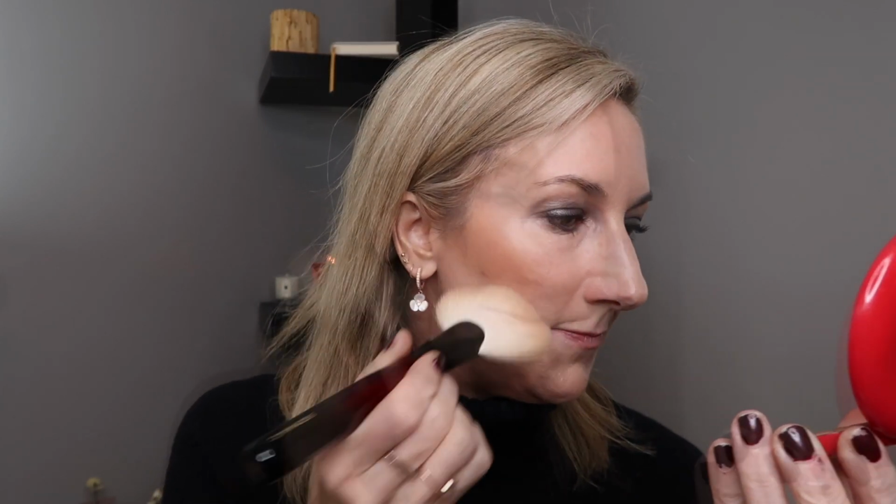So I'm gonna be using my Sonia G Sculpt 1, and we are just gonna put a little bit of that on, and do not worry, we'll buff everything in. So if it looks a little harsh, it will all come together. And I'm gonna camouflage my double chin under here with a little bit of shadow from the bronzer, and then just take a couple minutes to kind of buff this into the skin